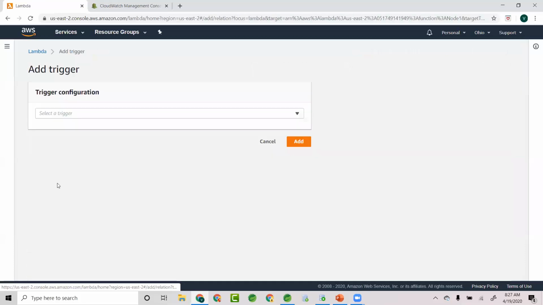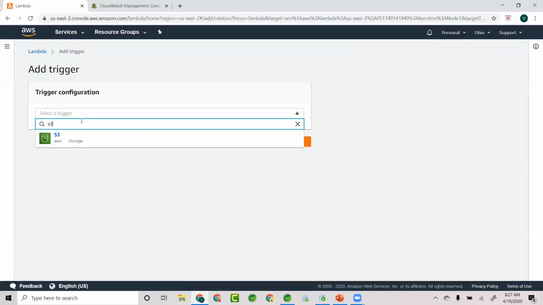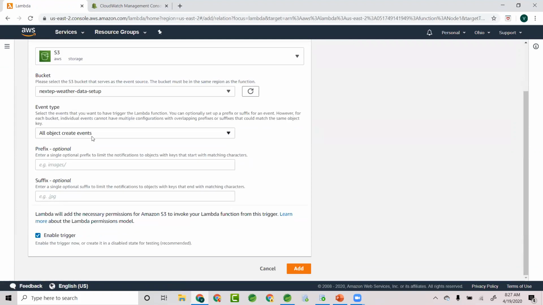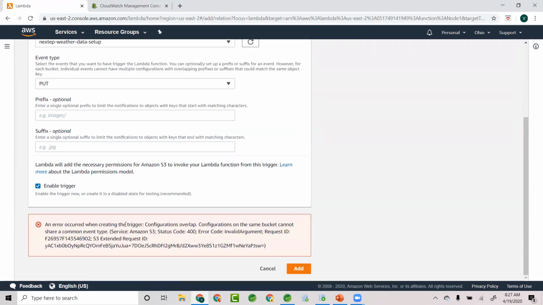So click on add trigger, select your S3, and then S3 bucket. Next step, rather data setup. So when I select this one, and then for any put events, I want this Lambda function to be called. Click on add. And this was the error we were getting yesterday, right? So we were struggling to find out why. So what I found out was,